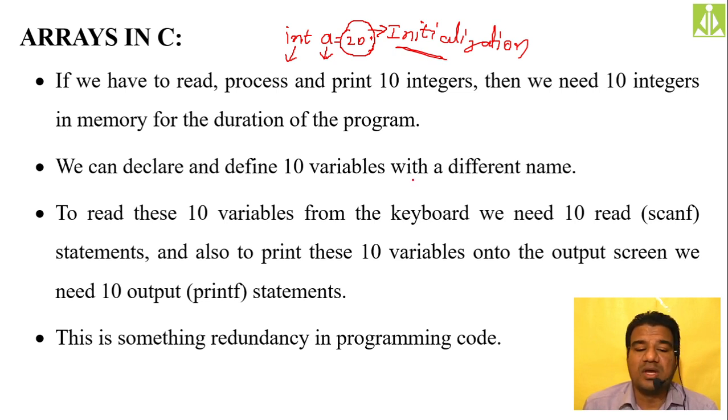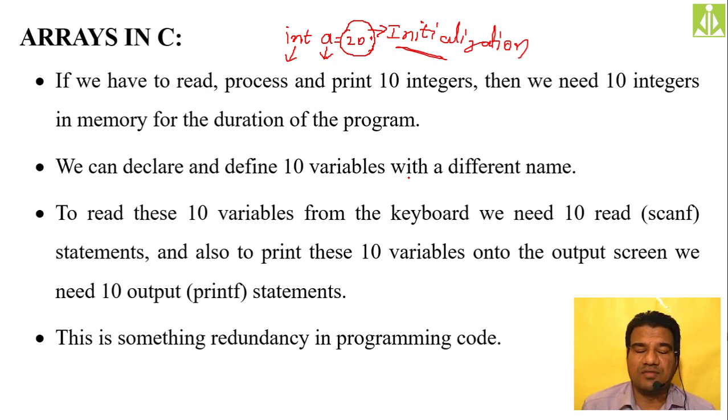Now, why do we need arrays in C programming? I will give the answer first. Whenever we are storing some kind of values in our program, when we are writing a C program, definitely we are storing values, isn't it? In order to store one value, we require one variable. If you need two values to be stored, you need two variables. And when you give the variables for storing the values, you are also doing the declaration for those variables. Doing declaration is nothing but giving the names.